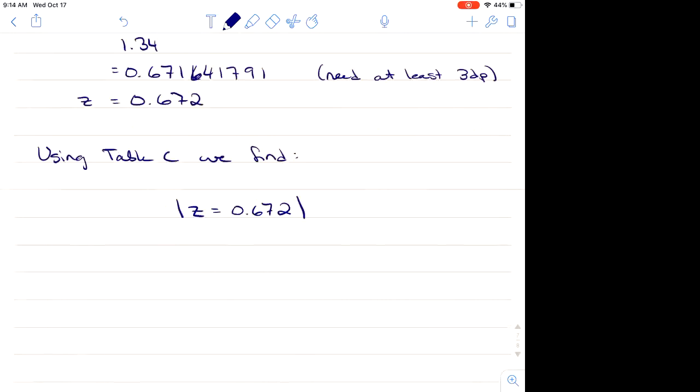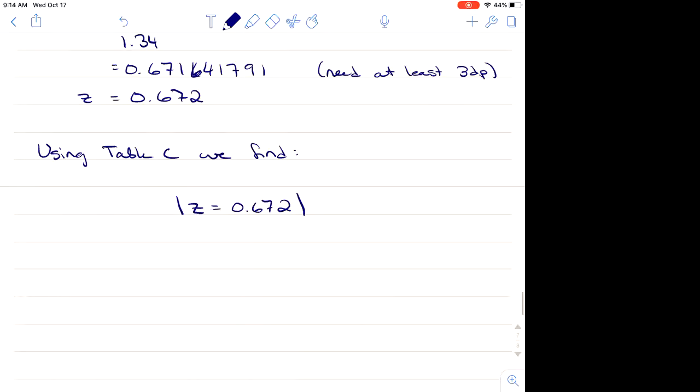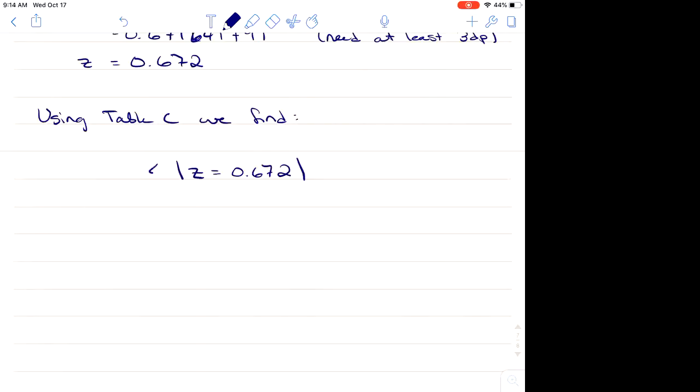So I just take my Z that I calculated and put it in the center of my page. I tell the marker what I'm doing exactly. You just want to articulate everything that you're doing. So using table C, we find that our calculated Z